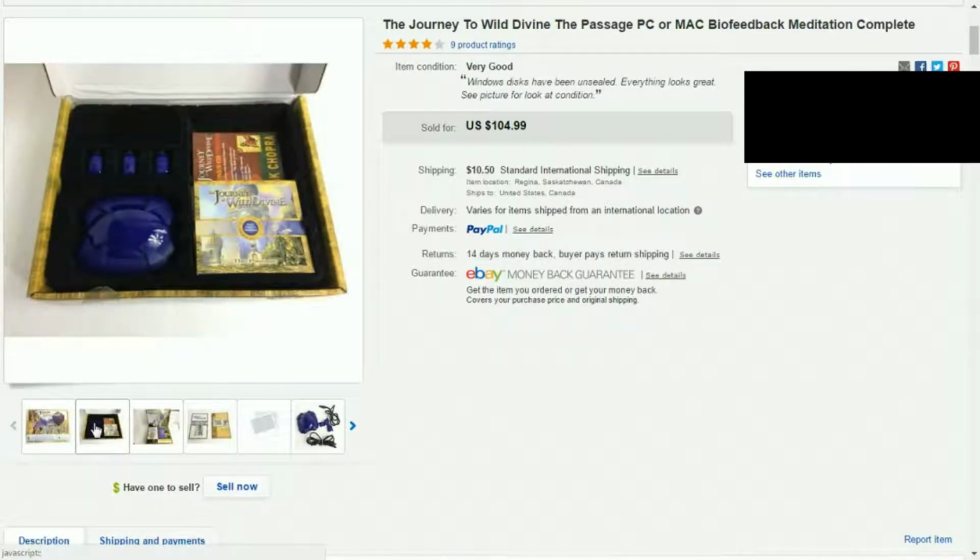And the last item I have for today is this unique, I guess it's a game. It's called The Journey to the Wild Divine, and it's for a PC. It has a biometric feedback meditation. I don't know exactly what this does, but I remember that I was in a Salvation Army, and I saw this and bought it for $3.80, and it's just one of those things you come across and see that it's weird, unique, and